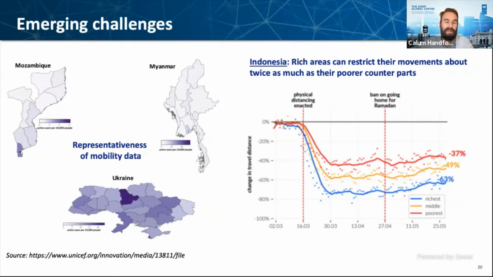Another example, on the right-hand side, is the benefits of really digging into the data. And it's a point I'll come back to in a moment. This is a chart that used mobile data as well to look at how COVID-19 lockdown policies were working or weren't working in Indonesia. And what it highlighted is if we focus on the average, that yellow line, we can see that broadly policies are working quite well. About 50% of people are able to restrict their movements. But if we disaggregate this by income levels, we can actually see that red line, which is the poorest communities in Indonesia, are much less able to restrict their movements than their richer counterparts in society.